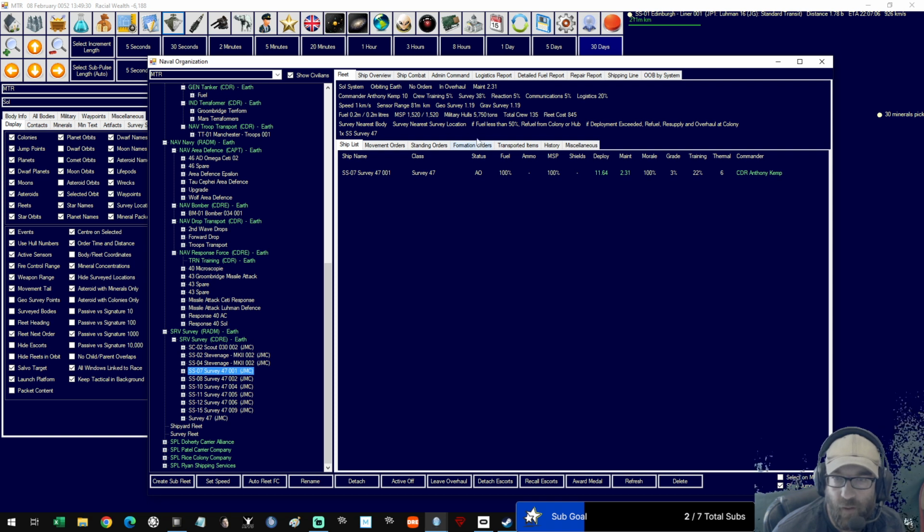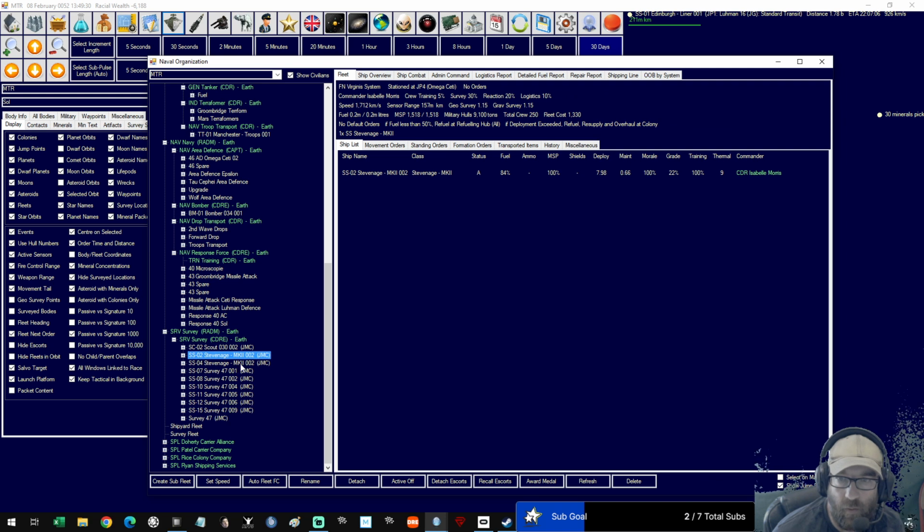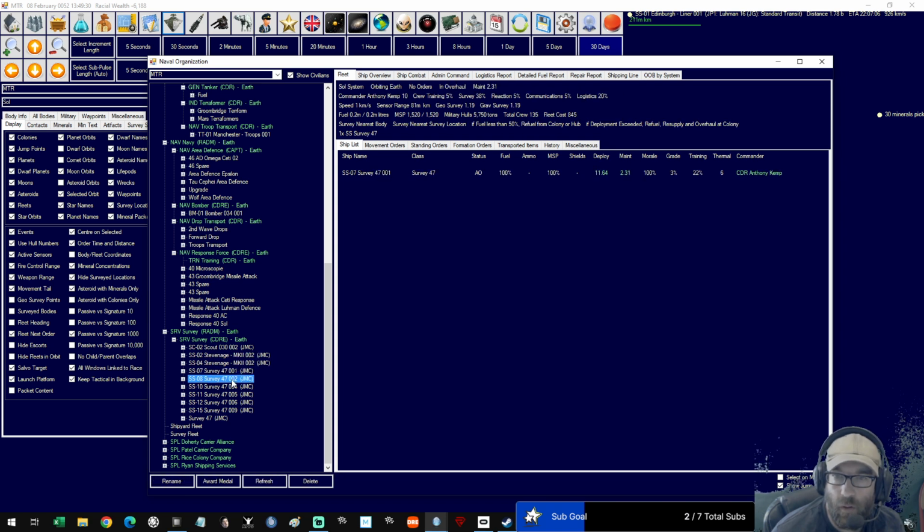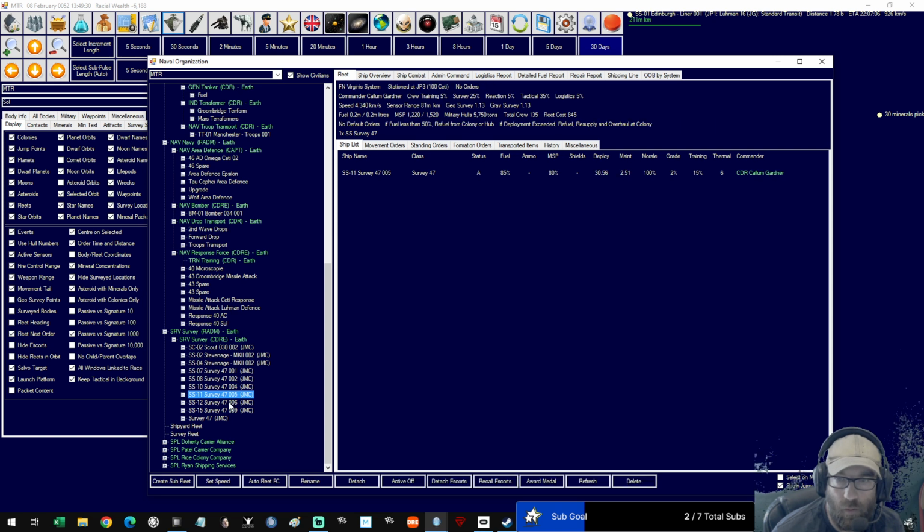Survey 47 is in overhaul. You are in overhaul. You definitely weren't in overhaul. No orders. There we go. In overhaul. You're checking out the system. You're in Virginis as well at jump point 3. Don't need him there, so I think maybe